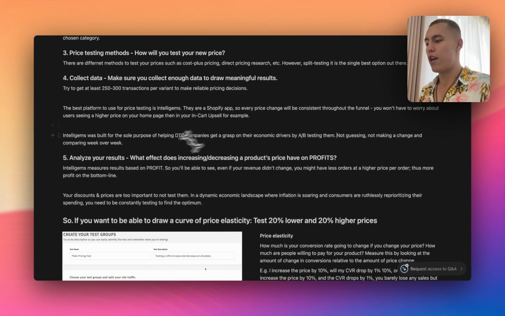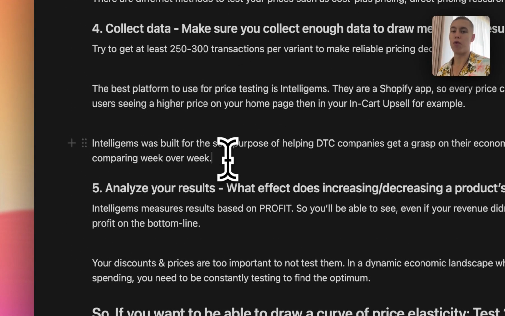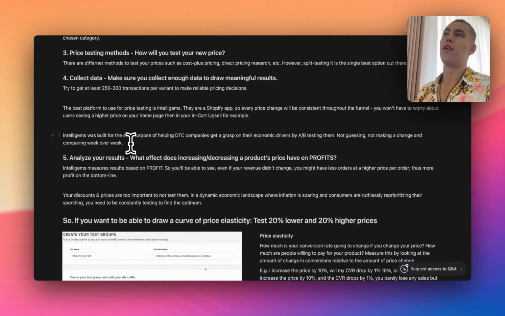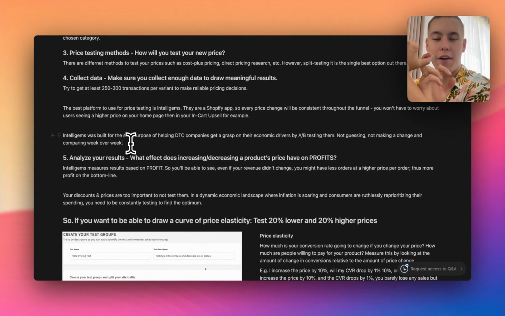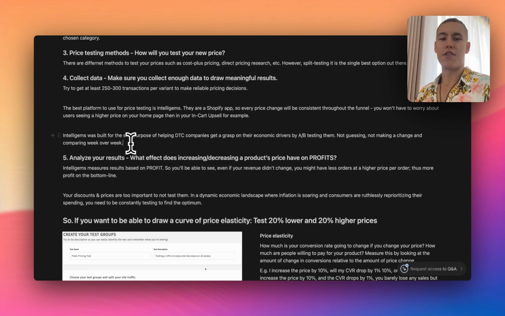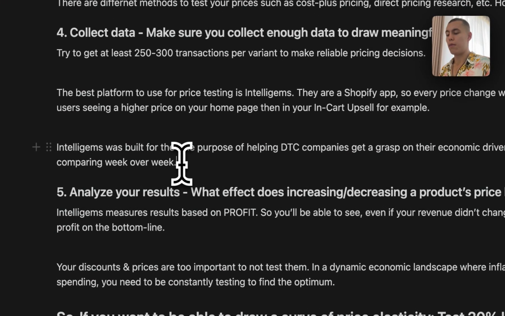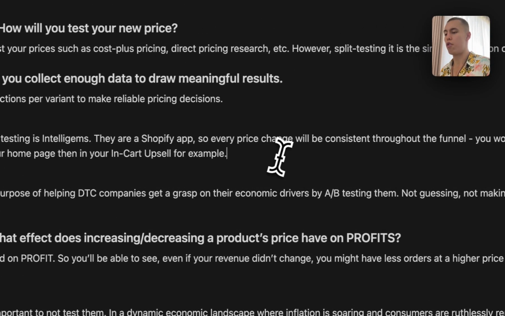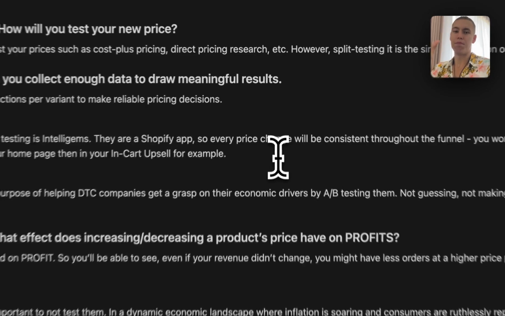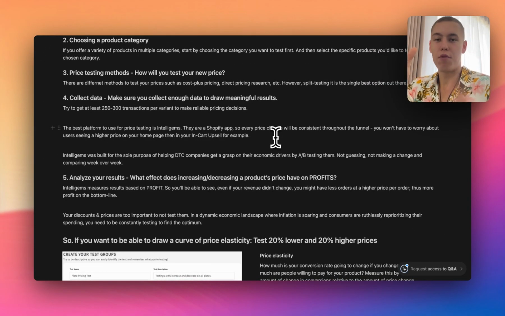just think about this for a second. If you make a change and compare week over week, you can have a Black Friday sale, you can have Father's Day, you can have so many things. Facebook is down for a day, or you're out of stock. Anything can happen. And then it's going to be unreliable data. It's going to be just difficult to understand what were the metrics before, what were the metrics